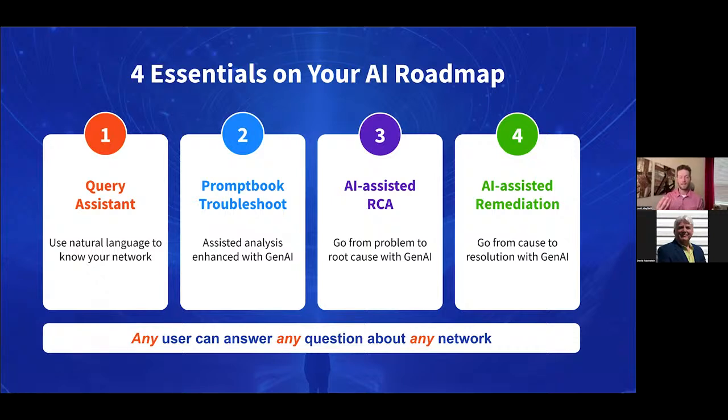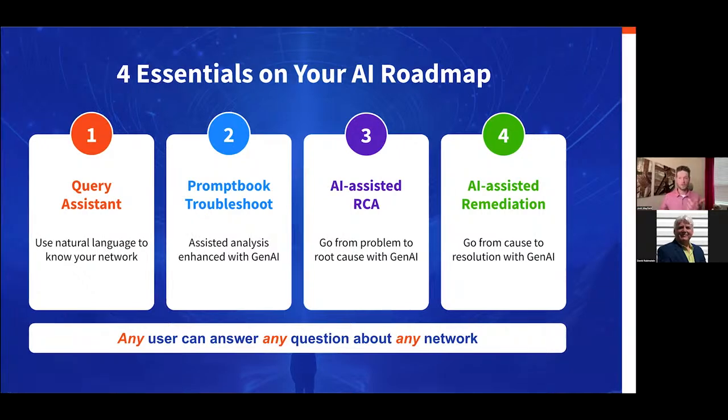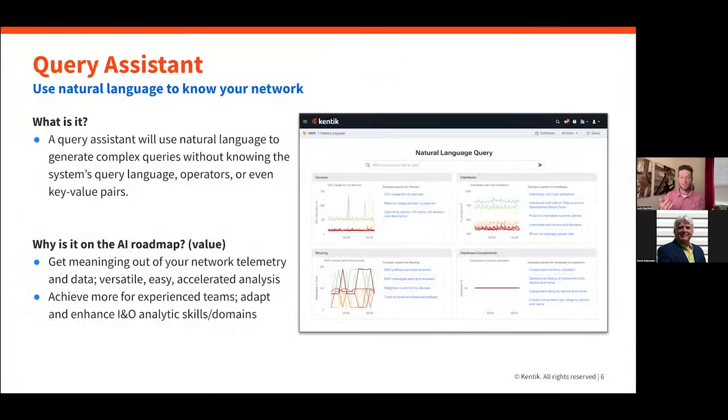What can I get an AI to do that is a difficult task, something like writing a query? So let's start there. You can use natural language in your roadmap and thinking about how am I going to use AI within my INO, within my network operation. First is, can it write queries for me? Can I just use natural language to say, why are my packets dropping in my Azure East data center?